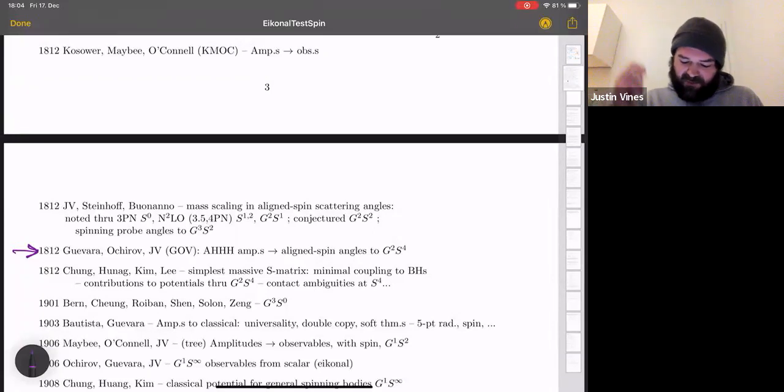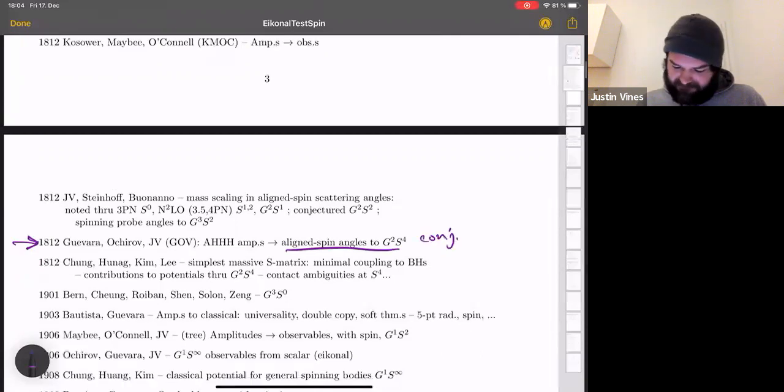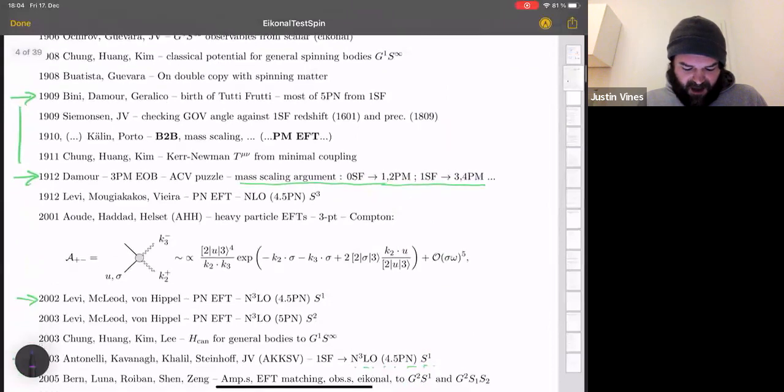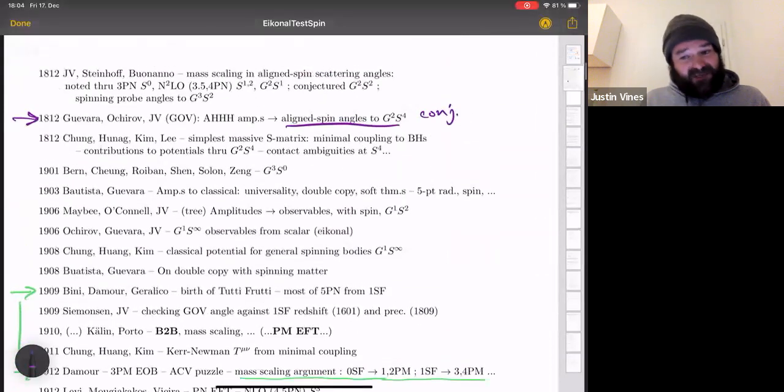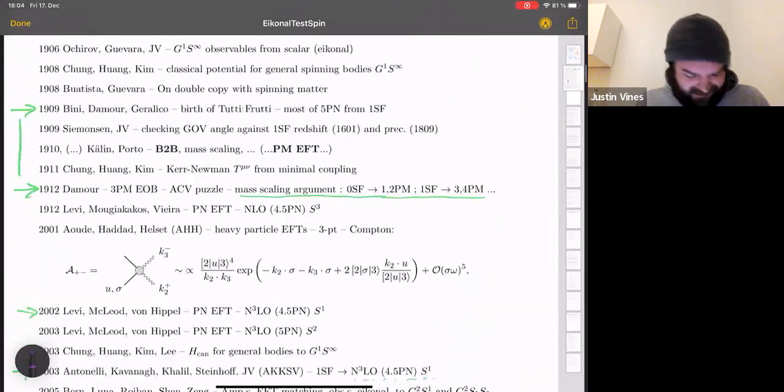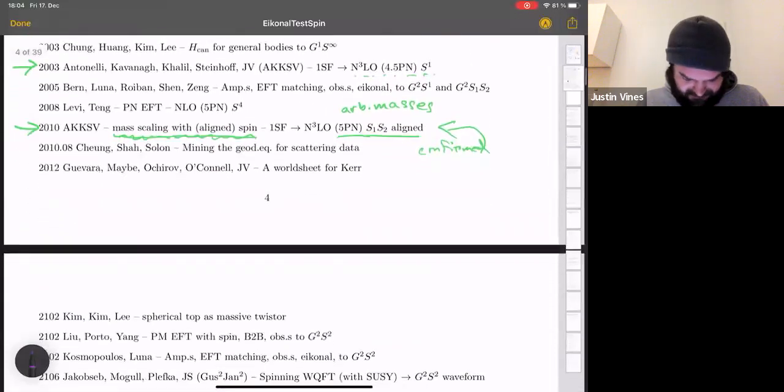But this paper went to the aligned spin scattering angles through those same levels, again, conjecture, let's say. And it took 3 years, but eventually